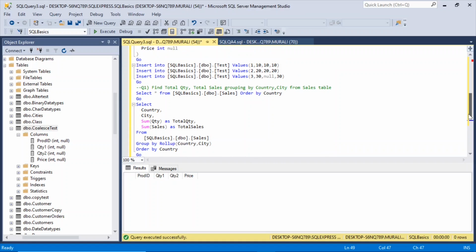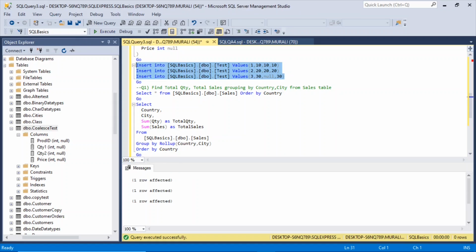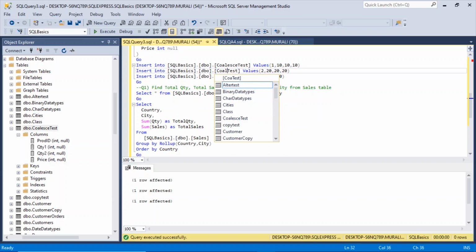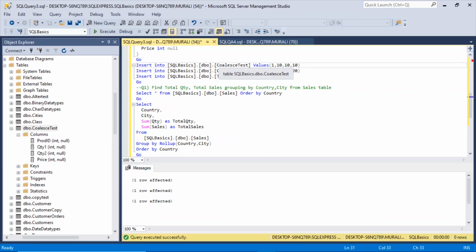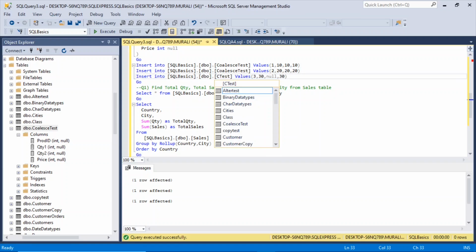So let us enter this data into that table. Koyale's test. This